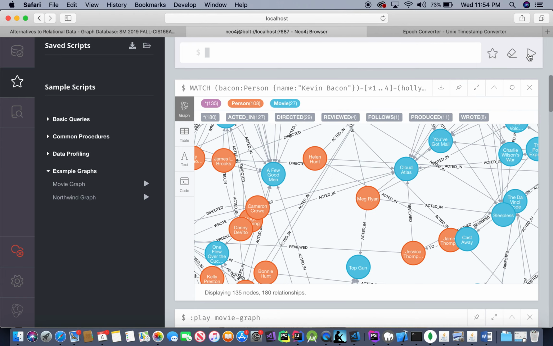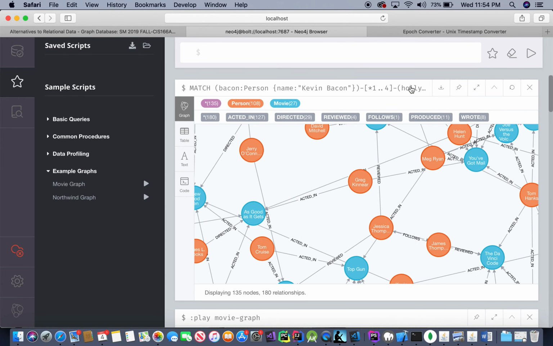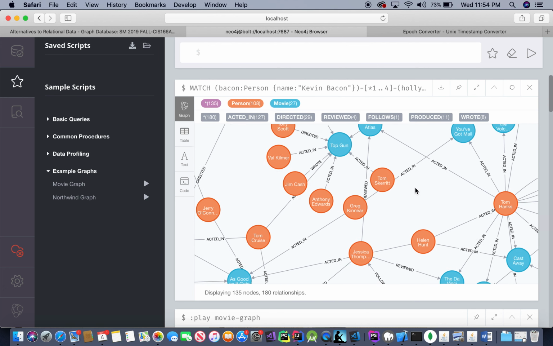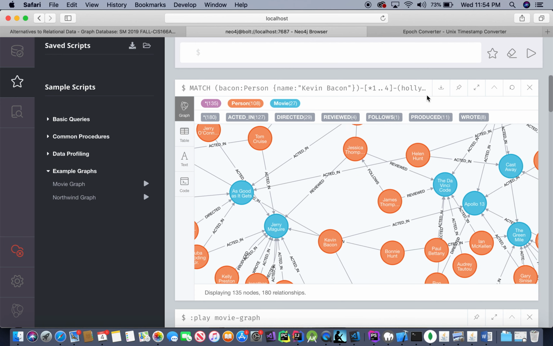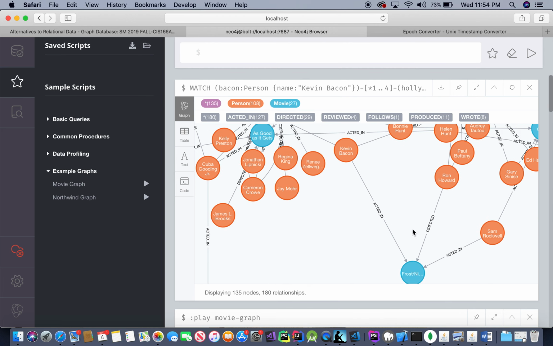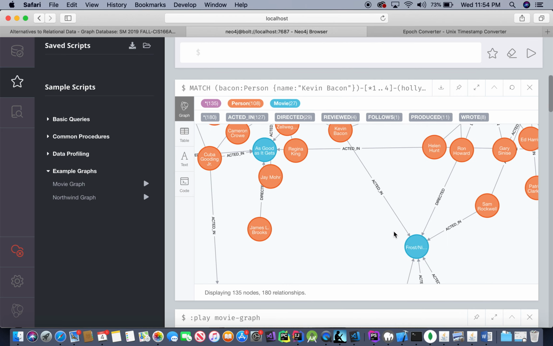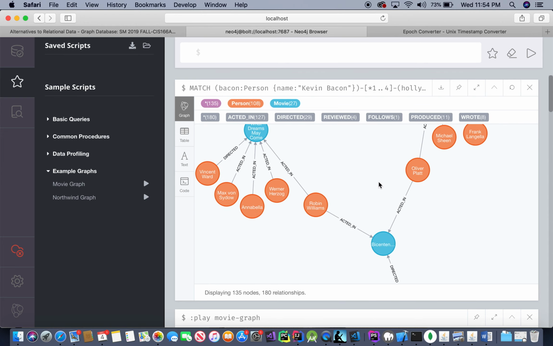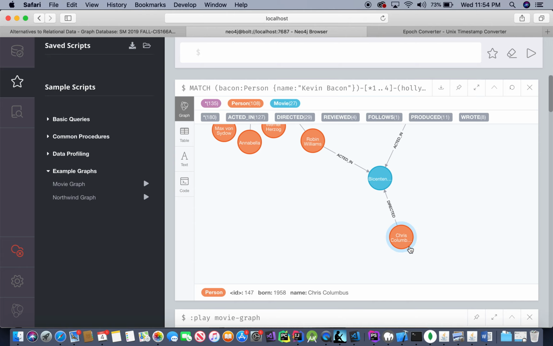So this graph here, this subgraph that we have here, starts with Kevin Bacon, wherever he is on this, and it says, give me everything that's 4 hops away. So there he is right there. So this only has a single hop, or that is a single hop. So 1 hop, 2 hops, 3 hops, 4 hops right here to Chris Columbus, the director. Okay. So that's the idea there. So you can kind of see you get this neighbor type relationship that may or may not be interesting in a